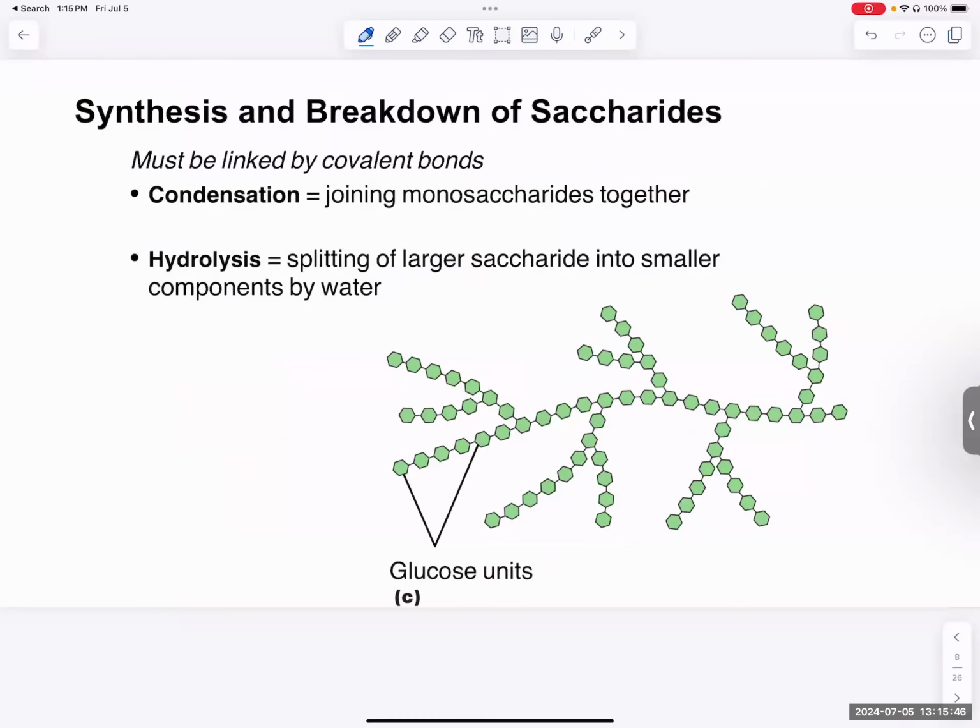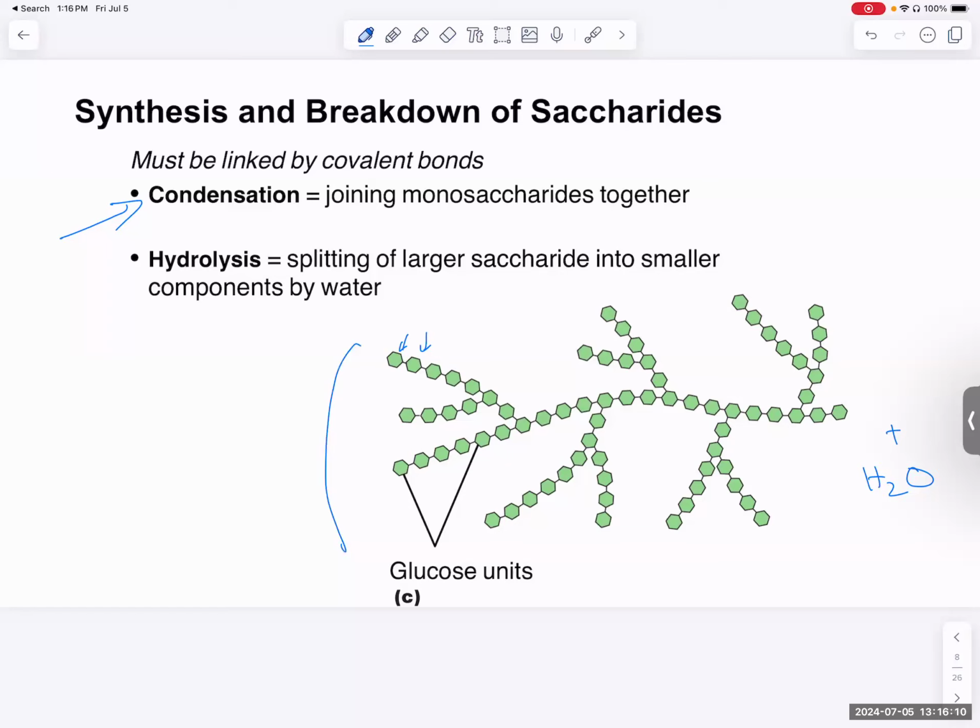There. And then if you want to synthesize into a polysaccharide, you're going to do a whole bunch of condensation reactions, joining all these glucoses together, right? You're pulling out water. If you want to take